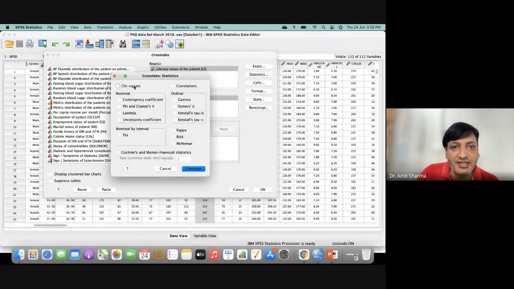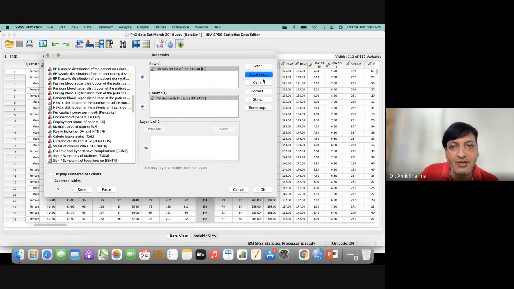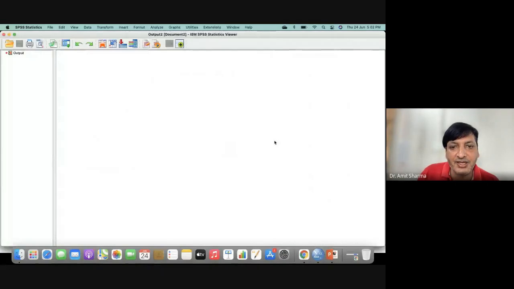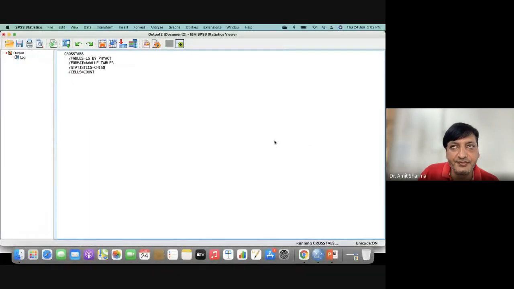We'll go to statistics, we click on chi-square, and see, I will not click on row. First I'll not click on row, to see how we are getting a result. And now at present I have not clicked on row, so we'll see what we are getting. And after that I'll click on row and we'll compare the results. It's getting, see, multiple categories are there under each, so it will take time.